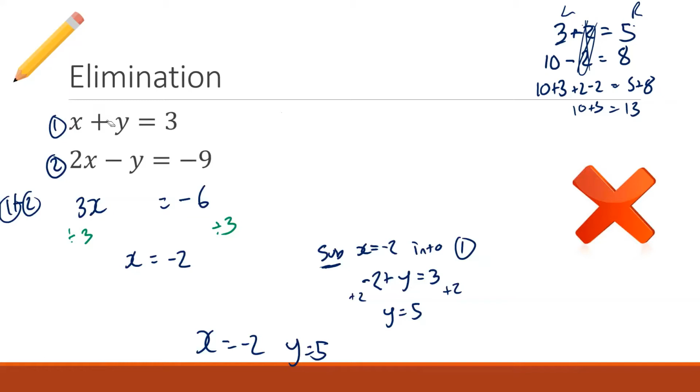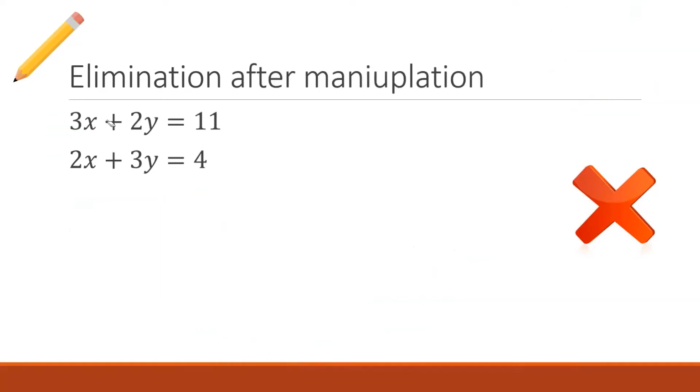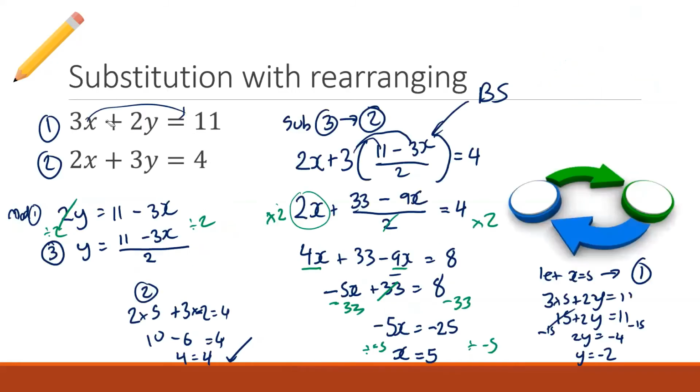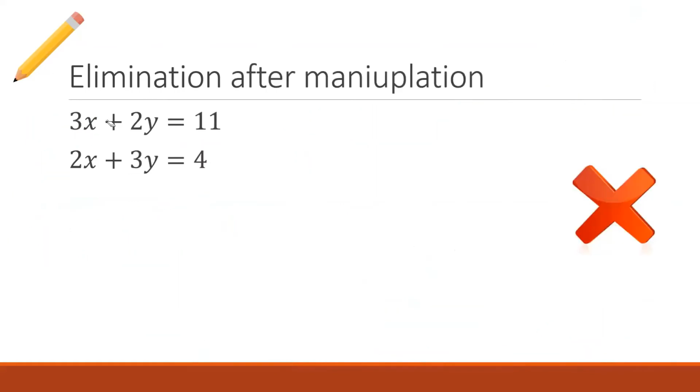Now, what if the world was not that simple? What if it was a little bit more challenging? Okay. What if you had something like this? 3x plus 2y and 2x plus 3y. Notice how it's the same equation that we just did. But now, because we're using elimination, this is going to be so much easier to do. I'm so excited to do this with the proper method.